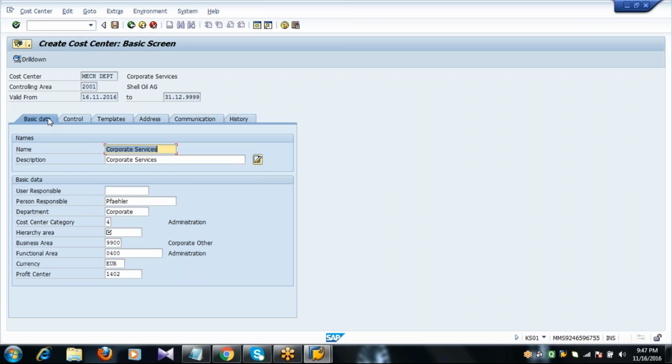In the basic data tab, you have hierarchy area. Enter the controlling area. Here you have profit center. Remove this profit center and keep it blank.